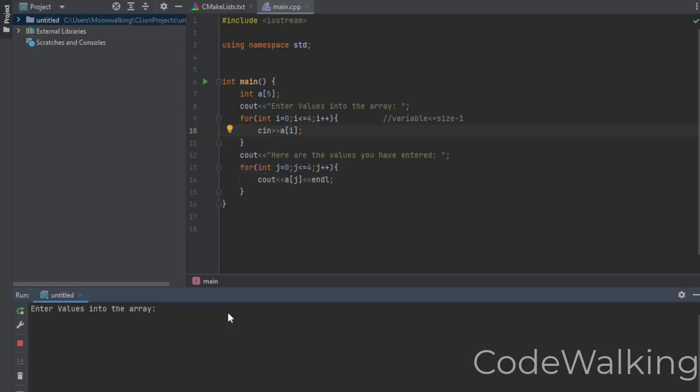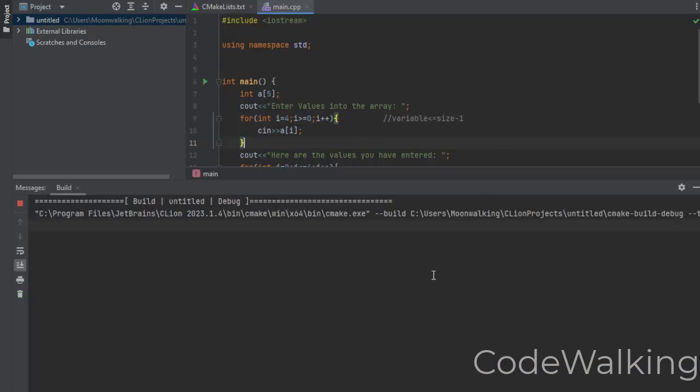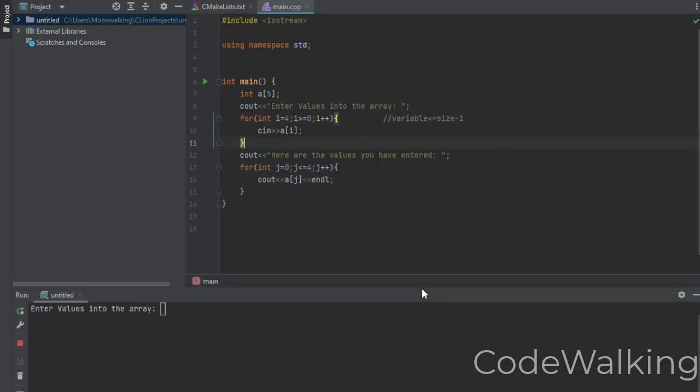Okay, enter values into the array. Let's do 1, 2, 3, 4, 5. So as you can see, it's 1, 2, 3, 4, 5. But if we do 4, 0, and then this, it will go from bottom to top. 1, 2, 3, 4, 5,